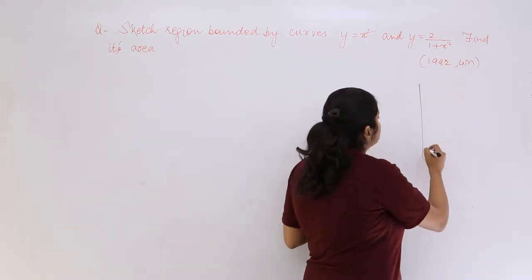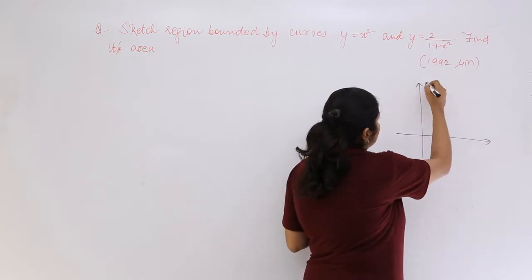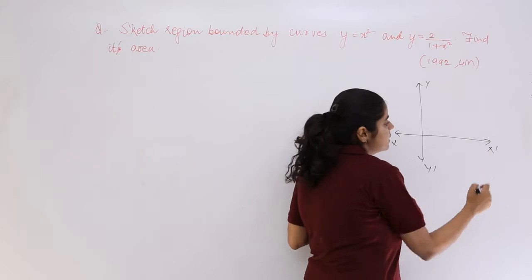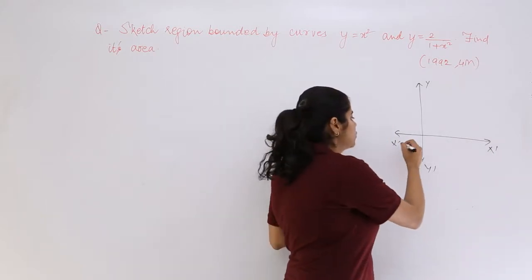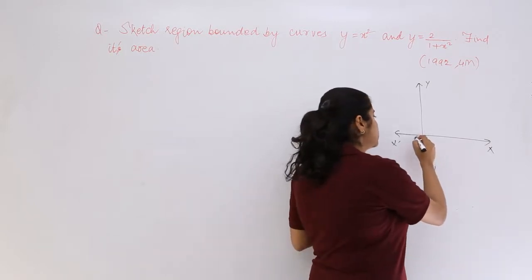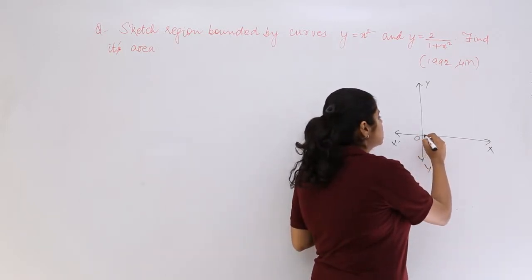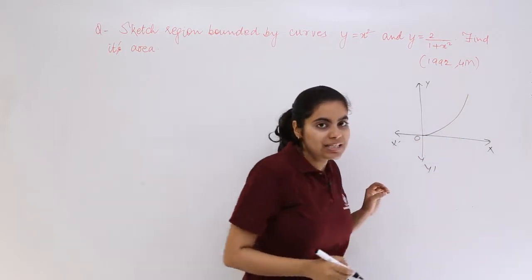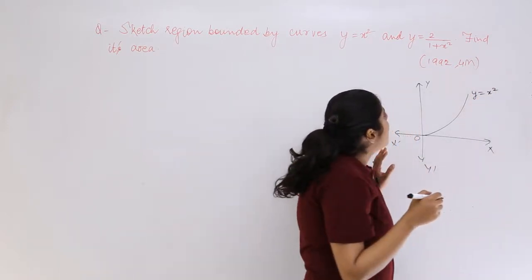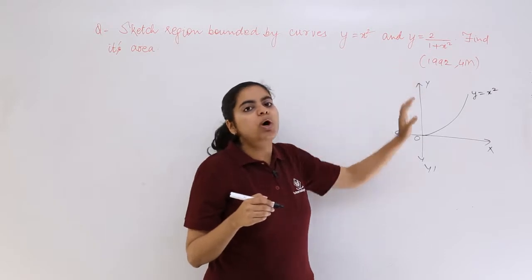First of all, let me draw the curves. How would the curves look like? This is the y-axis and this is your x-axis. Now this should be x dash, this should be x. This is your origin. y = x² would be something like this. So this is your y = x² curve, and y = 2/(1 + x²)